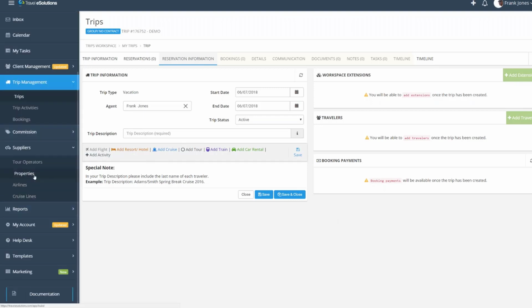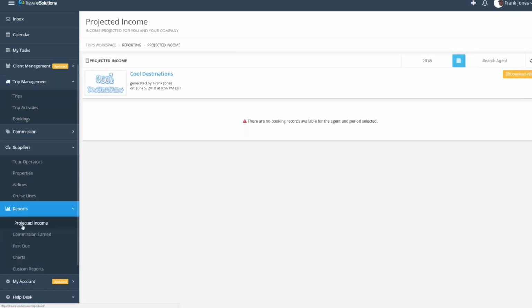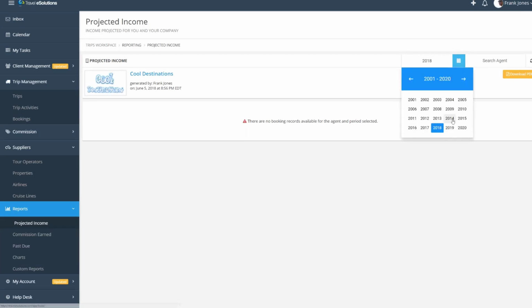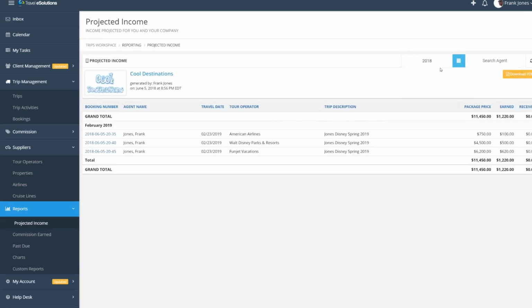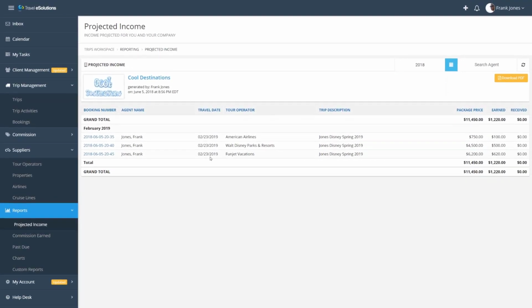Let's go through a couple of other things real quick. Going into our reports here, there's 3 really important reports for agents or for owners, really. First is our projected income report, which is empty because our only bookings are in 2019. So let me move out to 2019. The projected income report is showing the expected commission payments based on travel date, because most travel, not all travel,